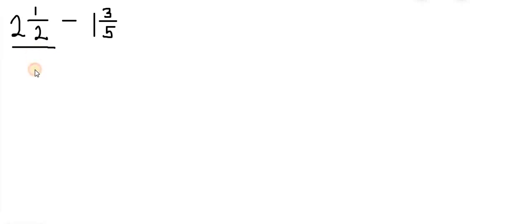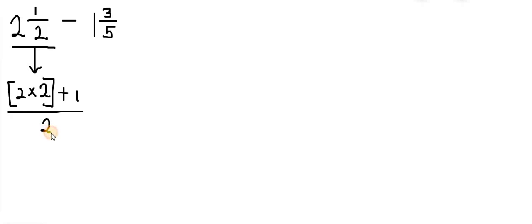For 2 1 over 2, it's bottom number times whole number plus top number of proper fraction, which is 1, all over bottom number. Okay? 2 times 2 is 4, plus 1, 5. So that becomes 5 over 2, and